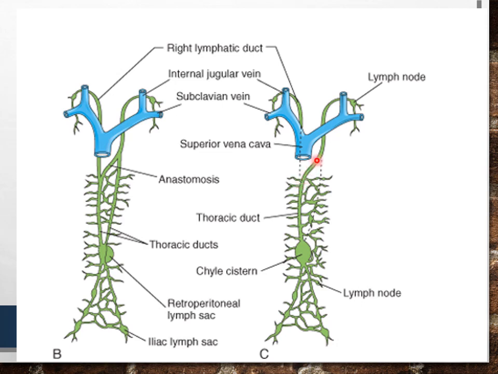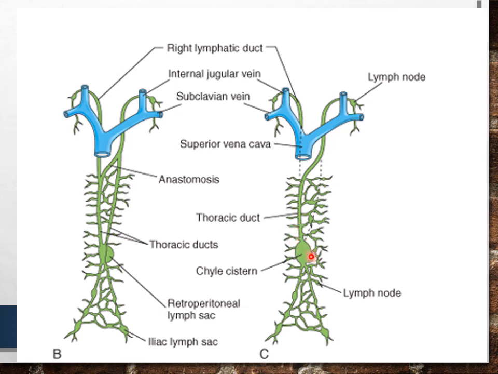Then this anastomotic channel shows its course as it moves from right to left side above the hilum of the lung, as you have noted in the thorax. And then this one portion, which is ultimately draining into the venous angle on the left side, is the cranial portion of the left-sided lymphatic channel. The right-sided lymphatic channel only persists at its cranial-most portion as the right lymphatic duct. So these all are draining the upper limb, the head and neck and the thorax.